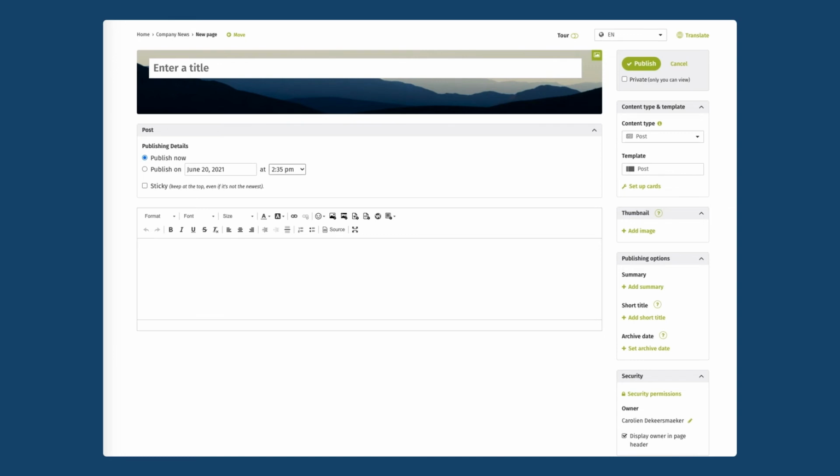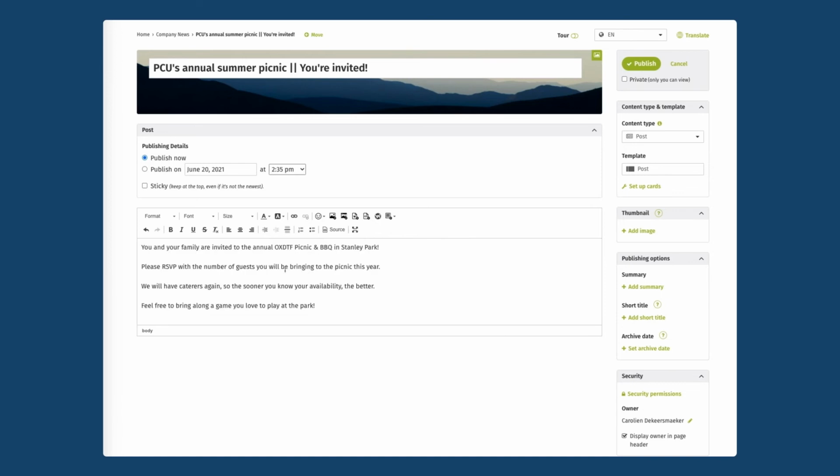First, I'll select the title for the news post. And next up, I'm going to add a little description in the body of the news post to let people know what is happening, when it's happening, and how to attend. If I want, again, I can publish that now, or I can publish it at a later date in the future. If it's a little further away, I go ahead and publish this, and it will now appear on my homepage